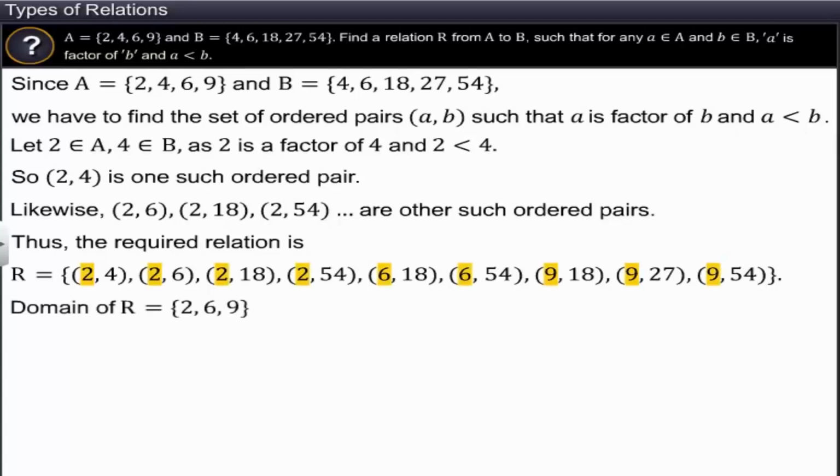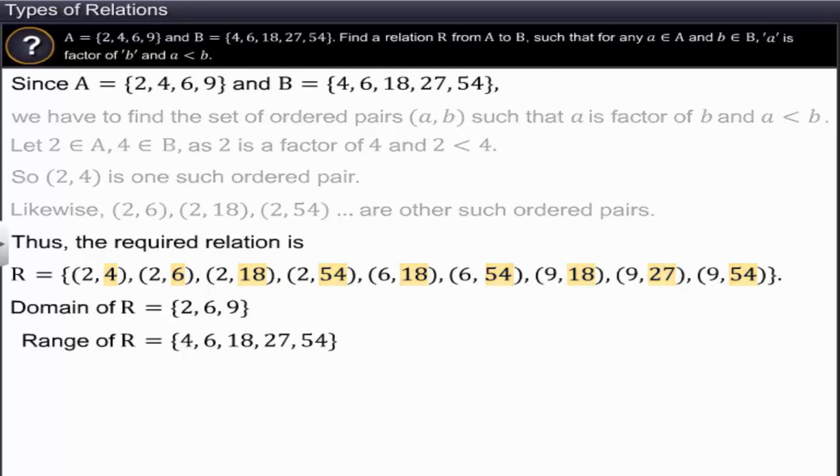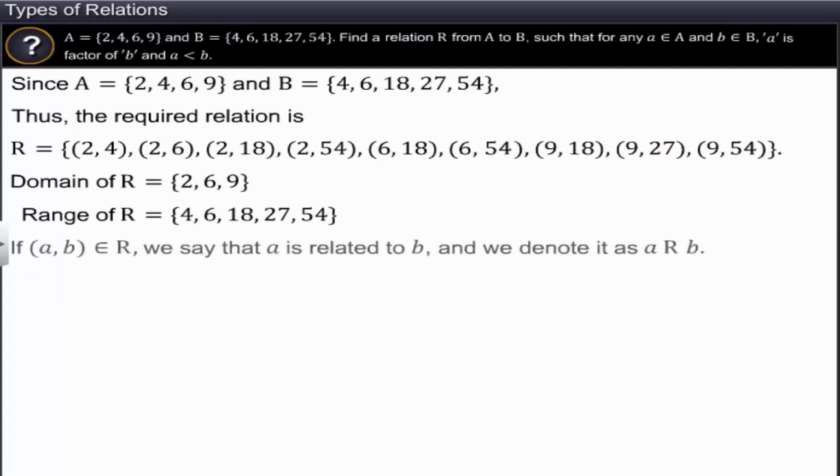The set of all the first elements of the ordered pairs in a relation R from a set A to a set B is called the domain of the relation R, and the set of all the second elements of the ordered pairs is called the range of R. If the ordered pair (a, b) belongs to set R, then we say that a is related to b,